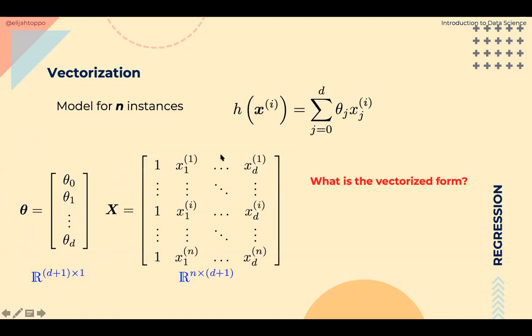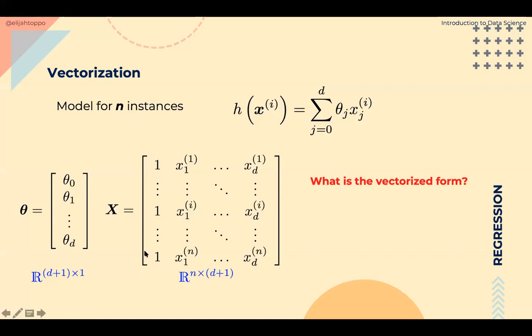What about when there are multiple data points? Okay, when there are multiple rows of data. So here we have capital X, and each row represents one data point. This is data point 1, data point 2, data point 3, data point i, and n data points. You should also notice that we have included this additional one here, and this additional one is for your x0. We saw that theta 0 requires an x0, and x0 has the value of 1. This is that additional one.